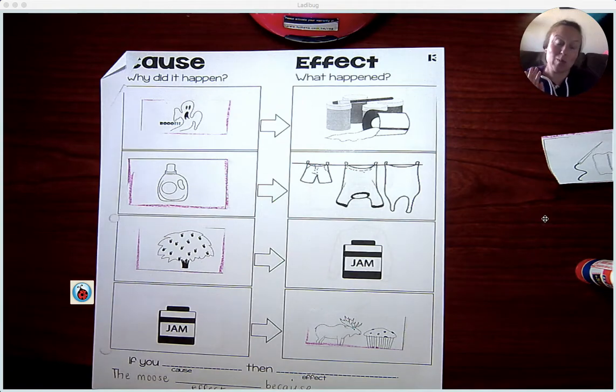Uh-oh. So we know all about cause and effect now. All these things that if we do this, this might happen. If we do this, this might happen. If you give a moose a muffin, he'll want some jam. If you give a mouse a cookie,